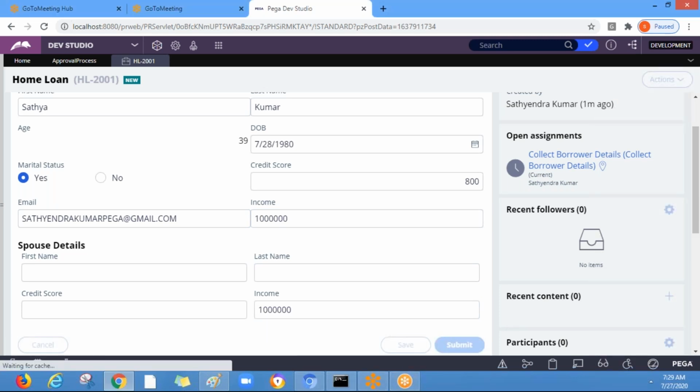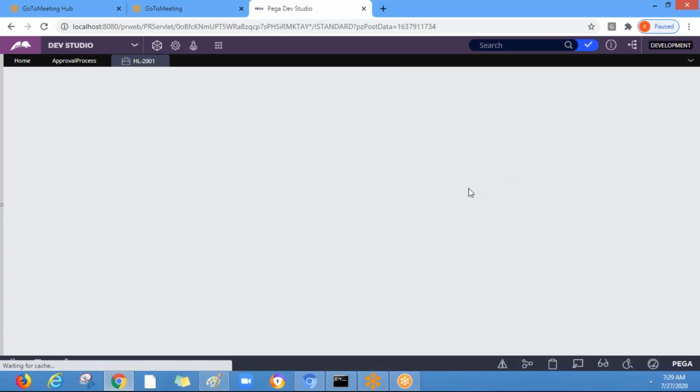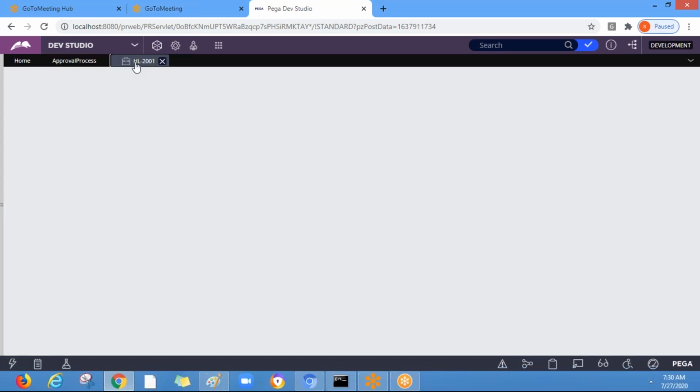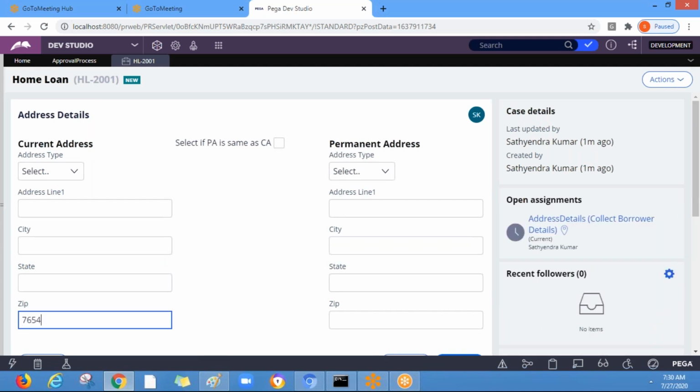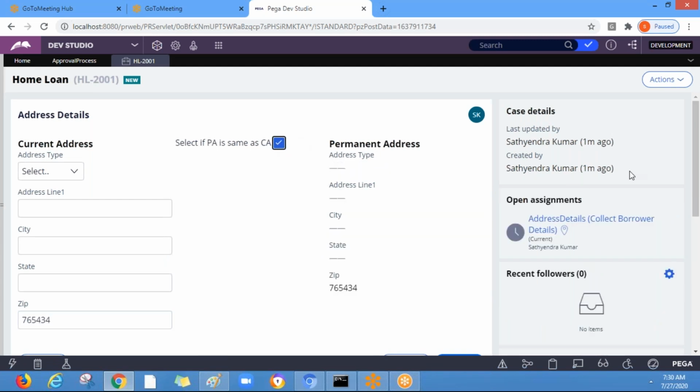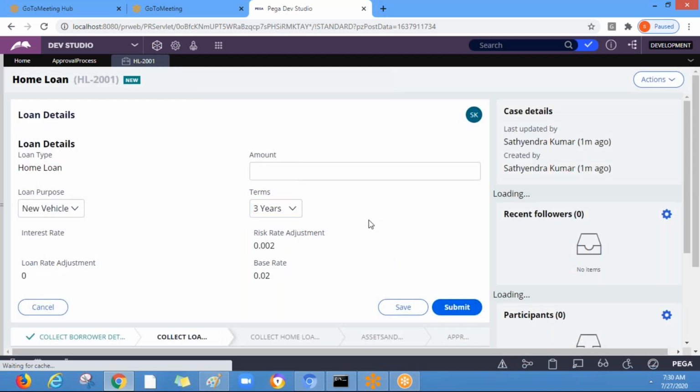If you put 70 lakhs, then it will be risky. So loan amount, let's put 60 lakhs,